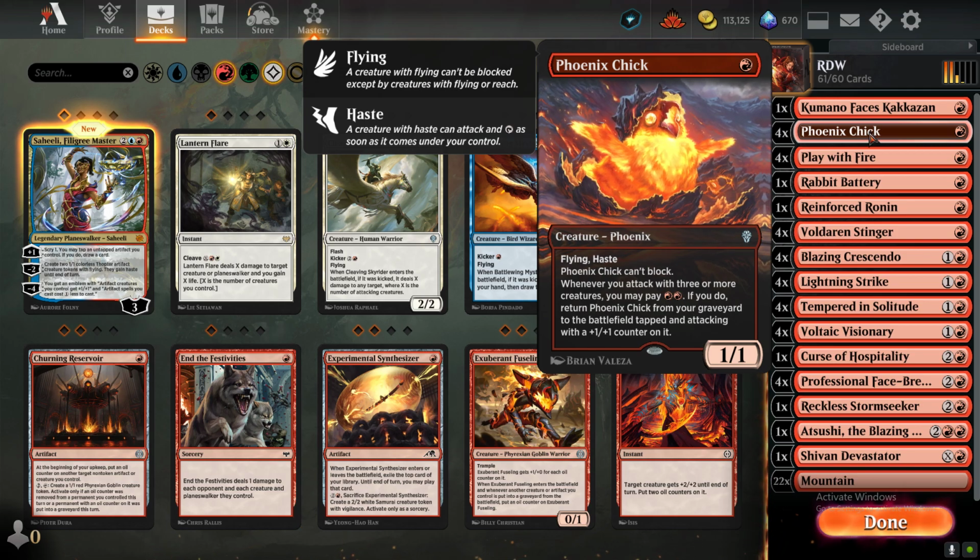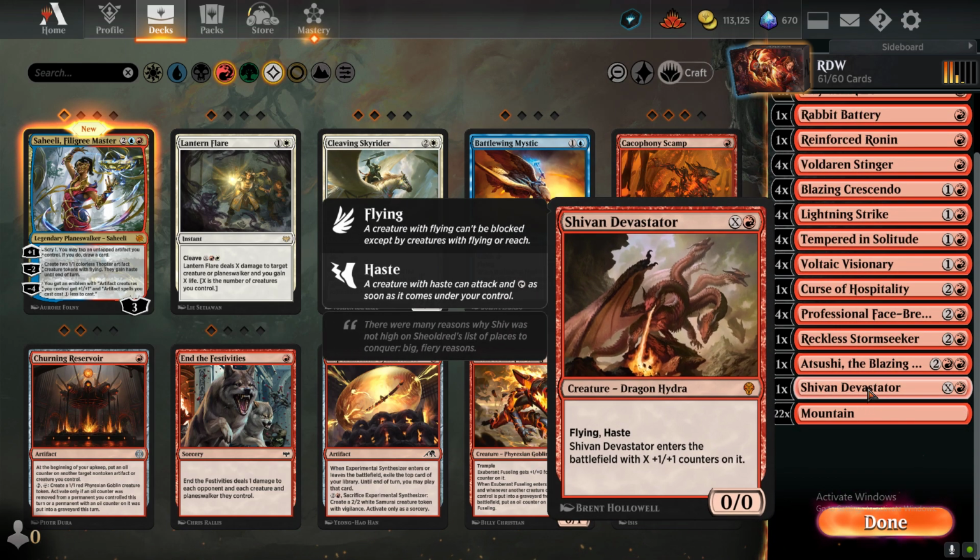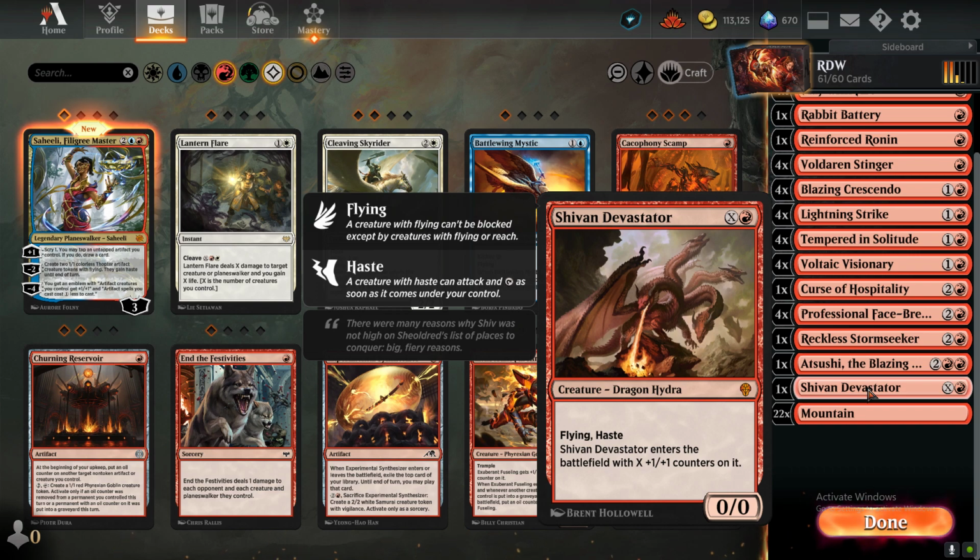Like if this deck didn't have enough card advantage. Well, I call it card... It's not card draw. It's card advantage. So